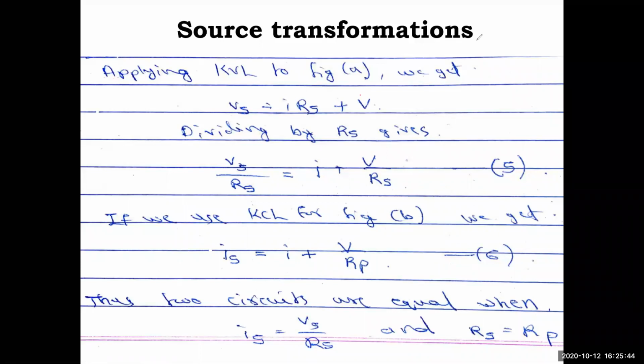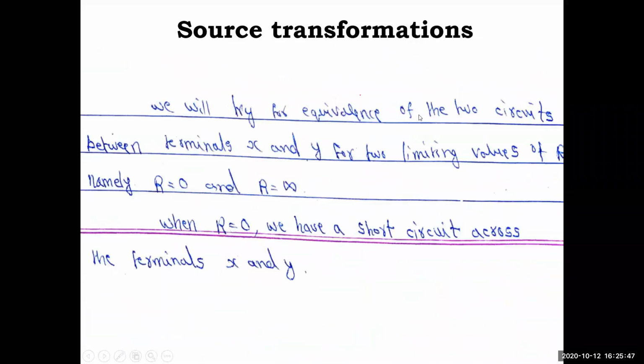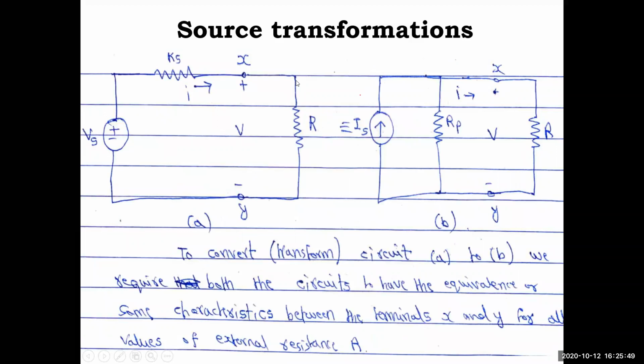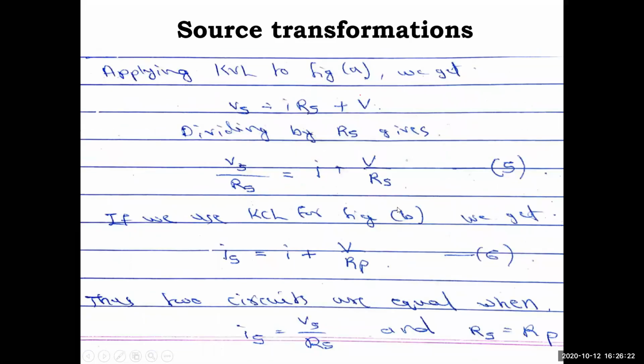just to clarify, how did this equation come about? The same circuit we are referring to now. In the previous case, we made either a short circuit or open circuit and calculated and equated, and we got Rs is equal to Rp. So now R we are keeping as it is. So now we are measuring the voltage equation. So what you have, Vs equals I into Rs, plus this voltage V across R. Okay, similarly here Kirchhoff's current law, this is Is current, and this is the I current across R, and there is a current in this, which is given by Ohm's law, V by Rp. Okay, so based on that we have written the last set of equations 5 and 6.